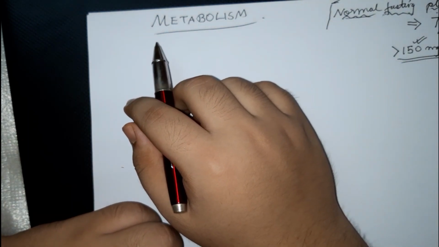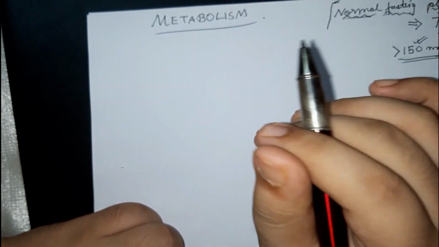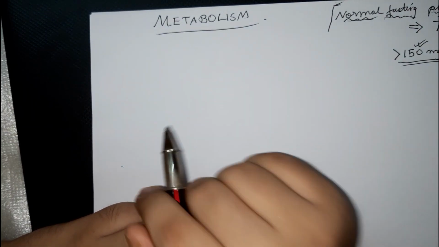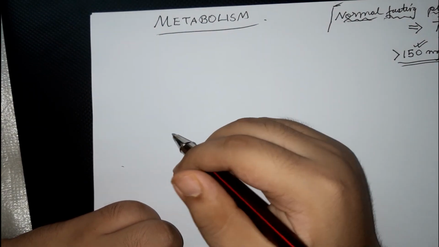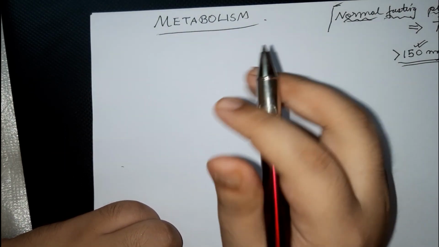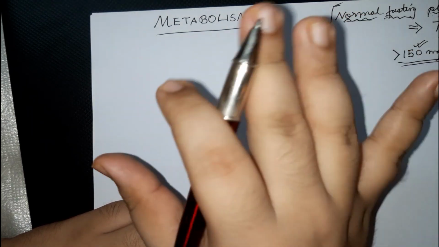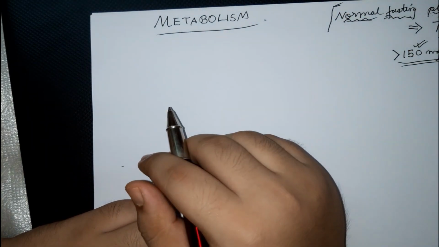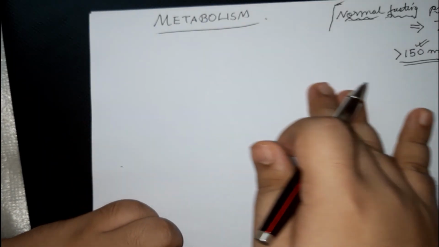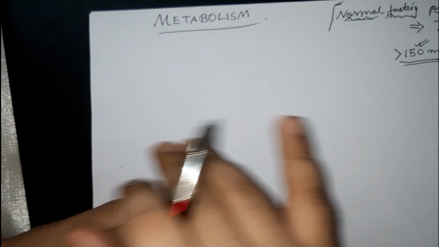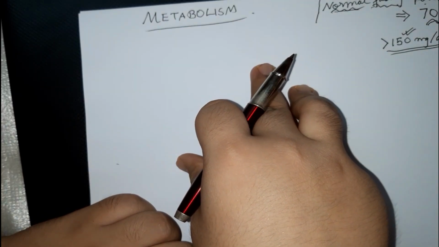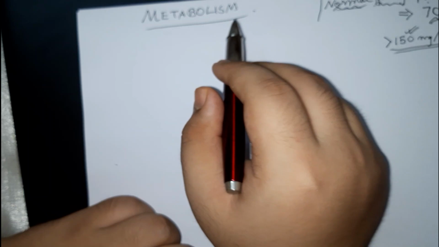And so the thing is that glucose has been absorbed by the body, right? Now the body has to do something with glucose. Why did it absorb it in the first place if there is no work to do with it? So obviously glucose has some functions in the body. We're not going into the details of that, but we do know that glucose has these different functions in the body, right? For those functions to be carried out, glucose has to go through a series of different metabolic pathways. These metabolic pathways constitute what we call the metabolism of glucose.